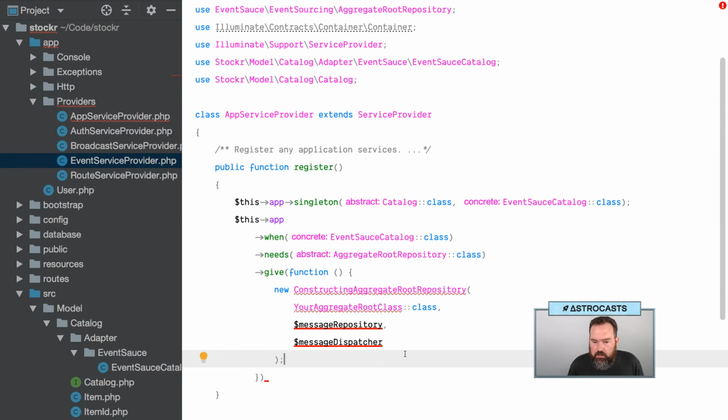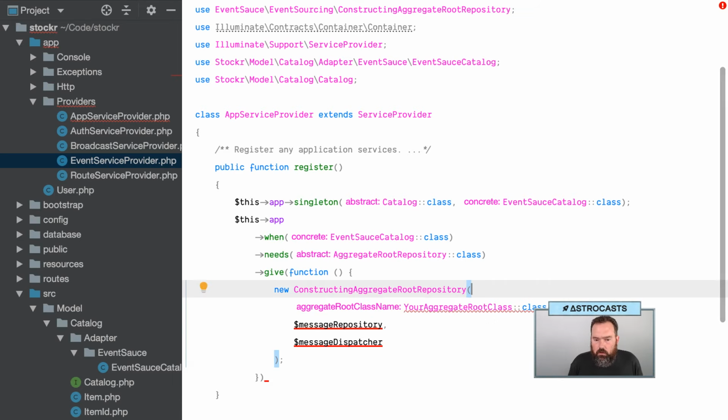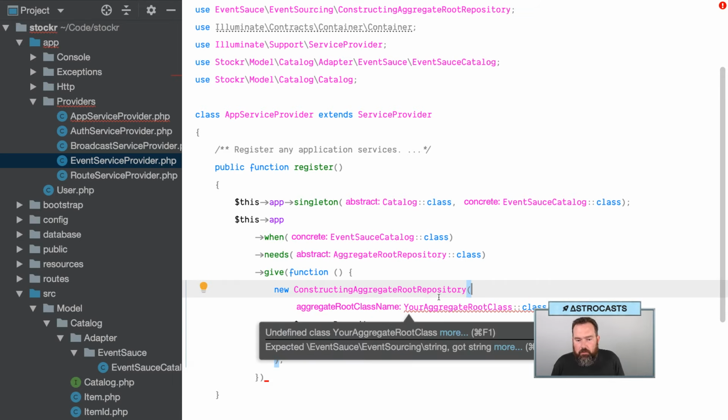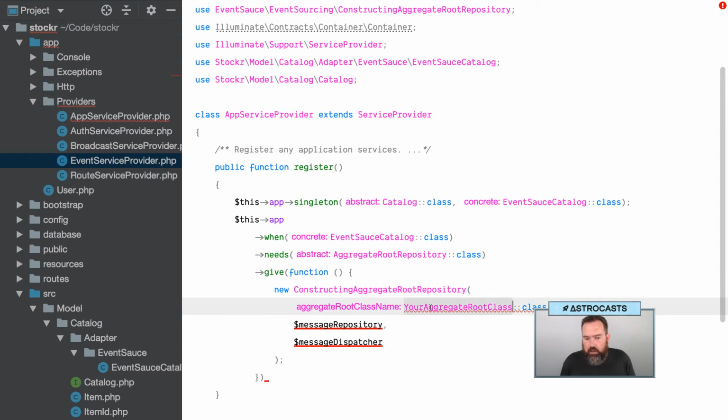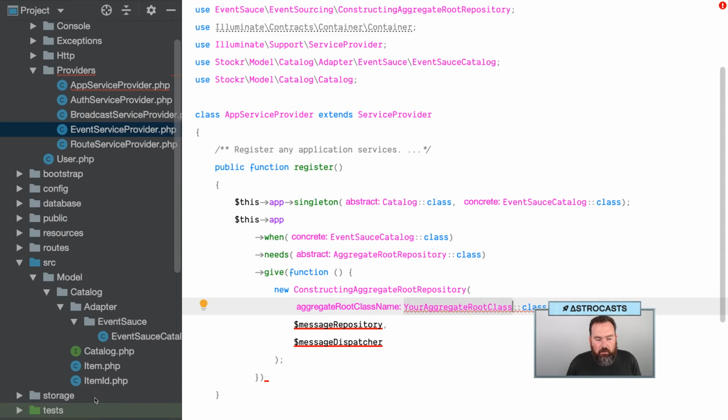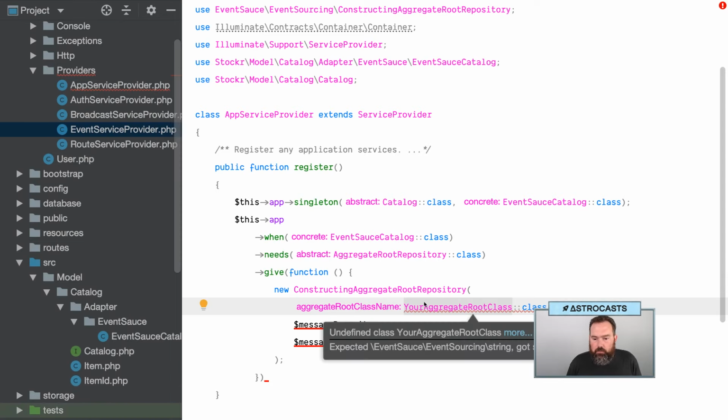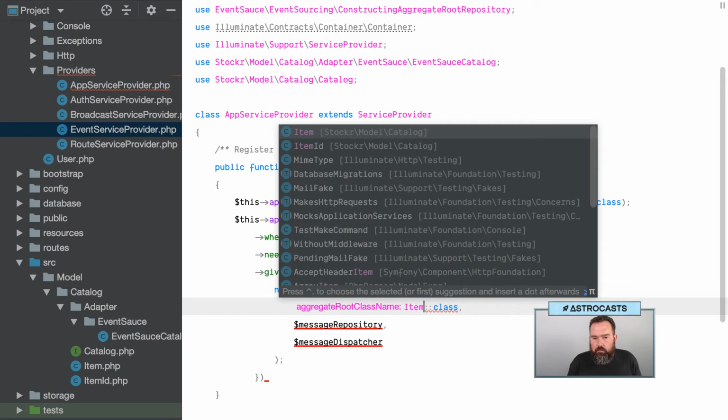That's not what I wanted to paste. So now we can do constructing aggregate root repository. We're going to specify the aggregate root class name. So that's going to be item. The item is the aggregate root. So we're going to say item